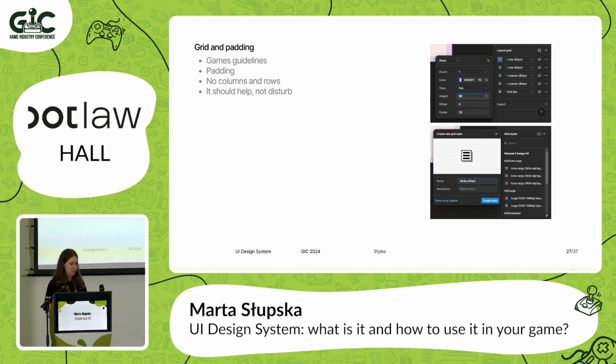It is also very good to establish the padding, and for me, the best padding I work with is 16 pixels. You can also always divide it into 8 pixels, so by 2, if you need them. In game design, I don't use columns and rows. The screens are just too complicated. They are not like web pages, and they very often need to break the column and row rules, so I'm just not using it. If you have any other experience, you can share it with me later.